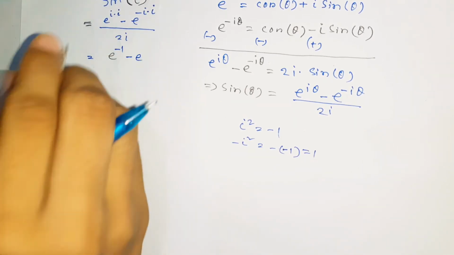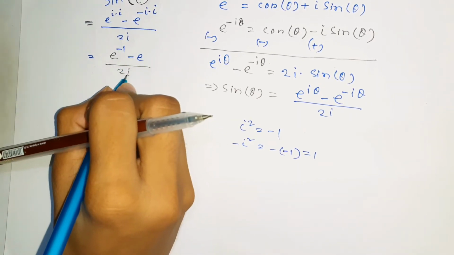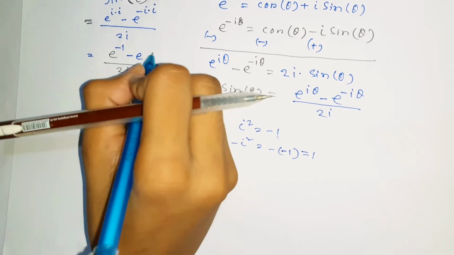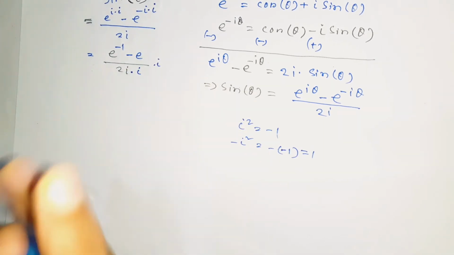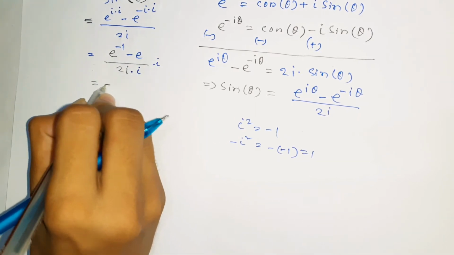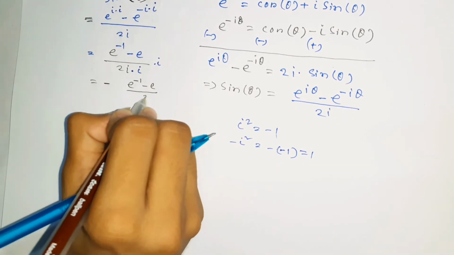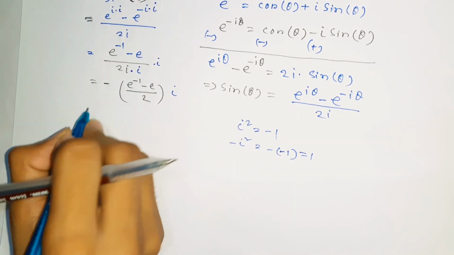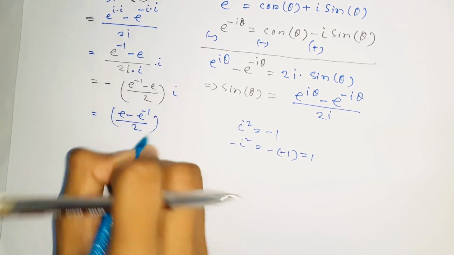So here we have only e over 2i, and now this i does not like to be at the denominator, we want to write it at the numerator. For that we are going to multiply both top and bottom with i. So here is the deal, and now let's see, here again i squared is equal to -1, so this is negative e to the -1 minus e over 2 times i, right? Now let's distribute this negative, so we have e minus e to the -1 over 2 times i,